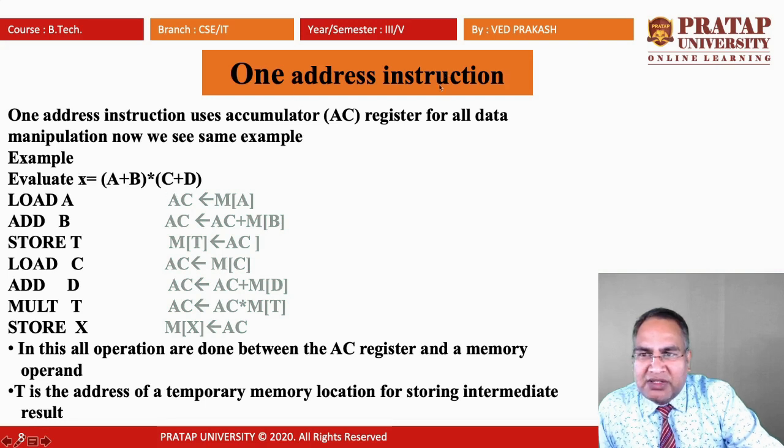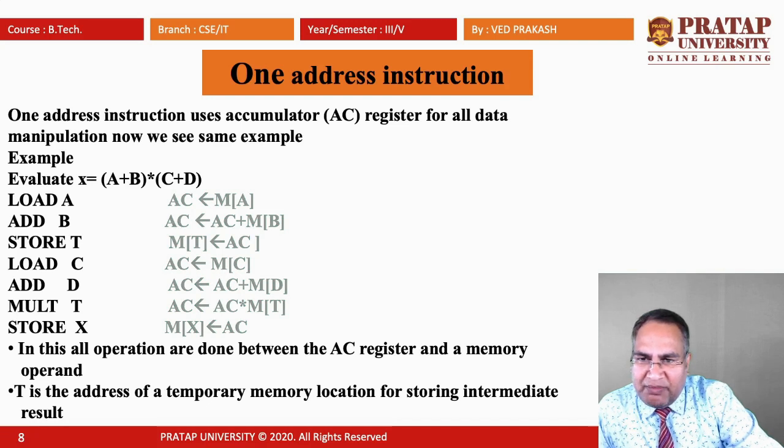Now using the one address instruction we have to again perform this expression X equals A plus B, and the whole multiplied by C plus D. So first, using the one address instruction, we load the memory contents of A into the accumulator register. Again we have to add A plus B. To perform it, we basically add the contents of memory location B, and the result is transferred into the accumulator register, and again